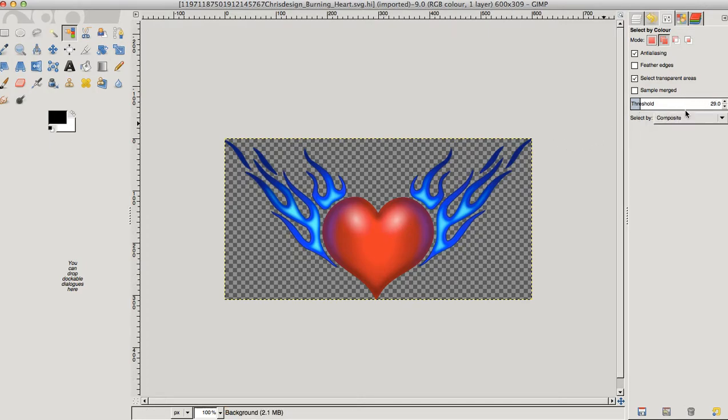I've got this set to 29, I'm going to lower that slightly, take it down to about 15. And I'm going to click on the heart and look, all I get selected is this poor little bit in the middle. Oh, it's all by itself. Okay. However, if I put the